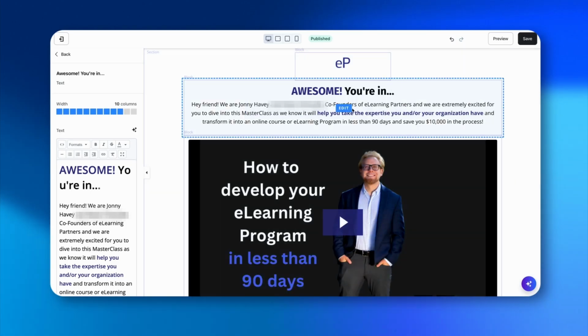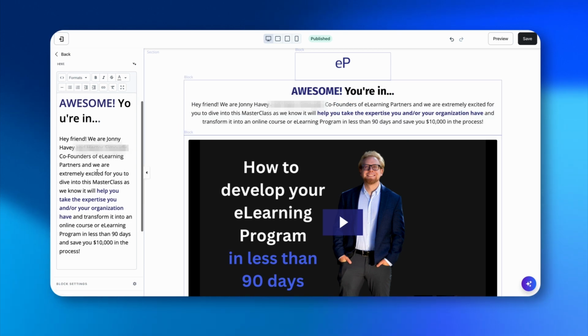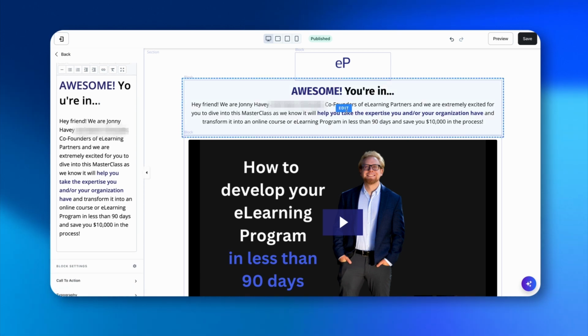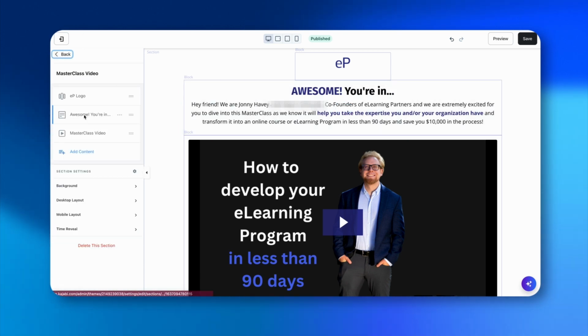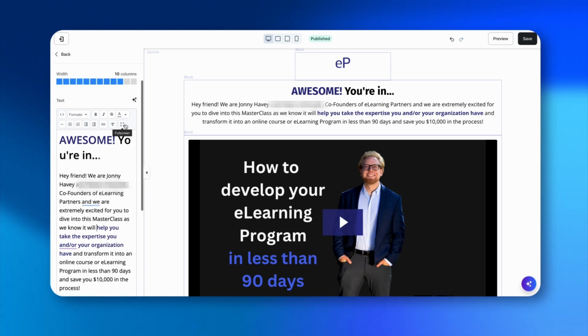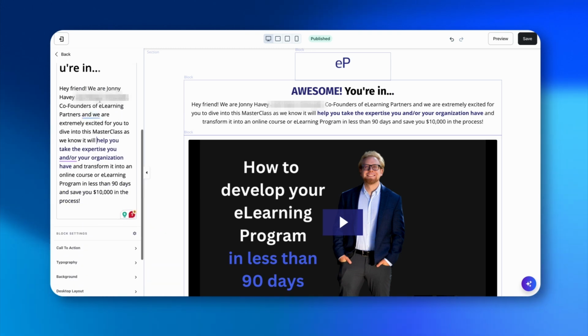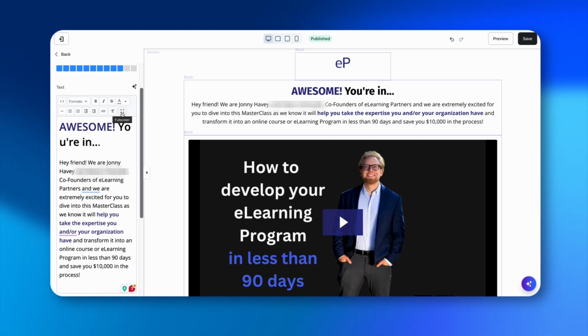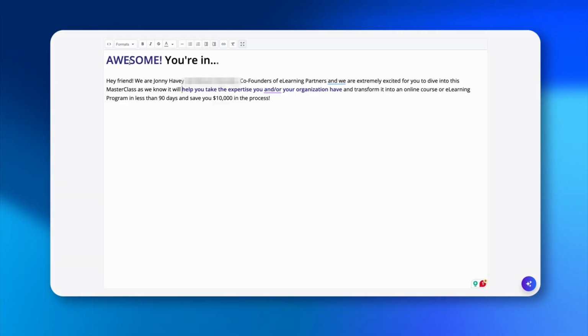Okay, now if I want to edit any of this text, all I have to do is click on the edit, or I can click on this block within this section, and then here's the text. Really easy. If I want to be able to read all this and just this, I click on this full screen, and here it is. You can change